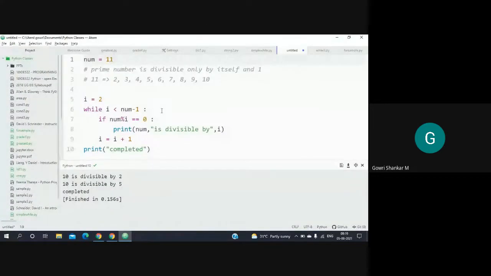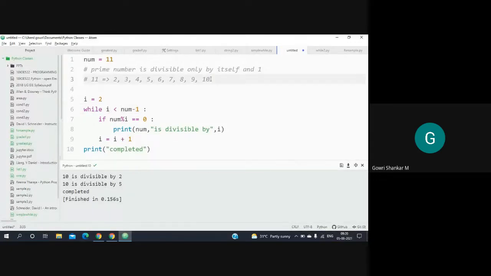For 11, see, this loop is starting from I, but it is running only up to 10 because we have here num minus 1. So for 11, num minus 1 will be 11 minus 1, which is 10. So this loop will go from 2, 3, 4, 5, 6, 7, 8, 9, 10, only up to 10.